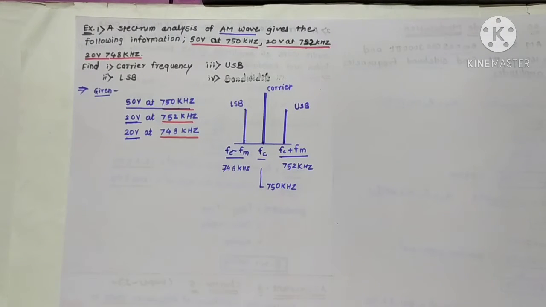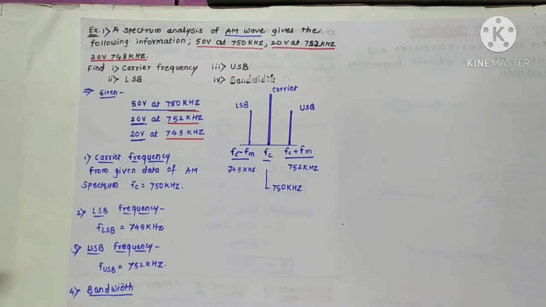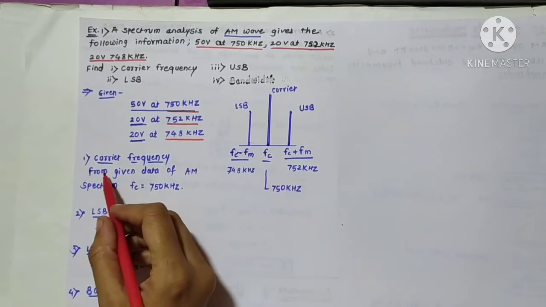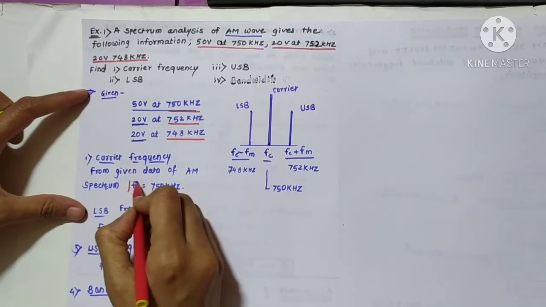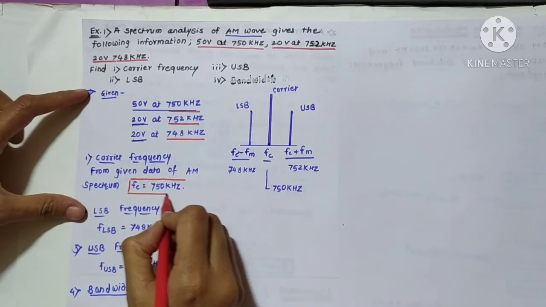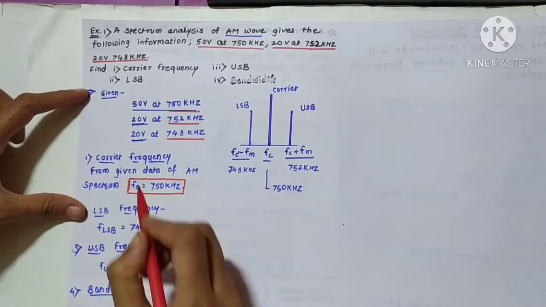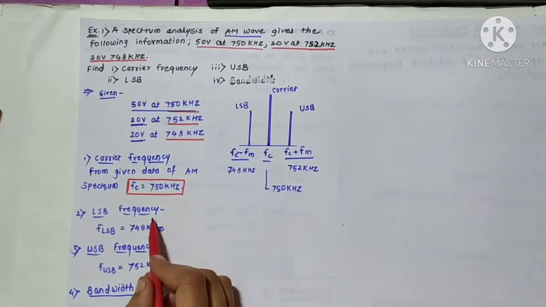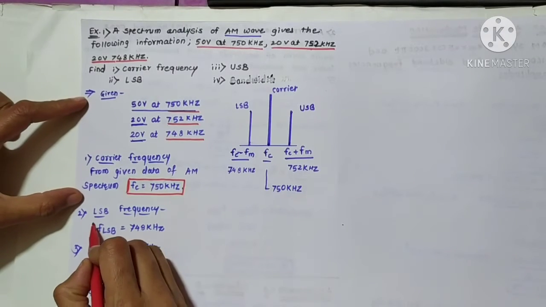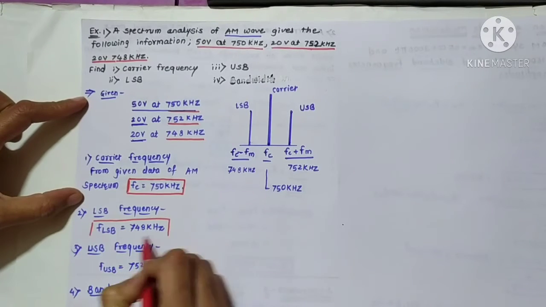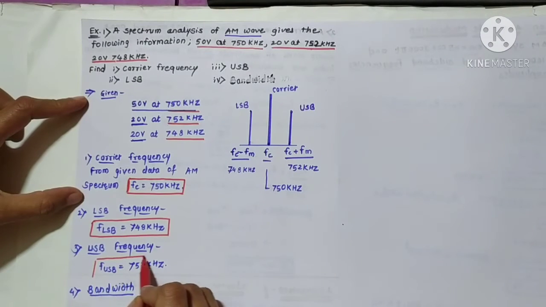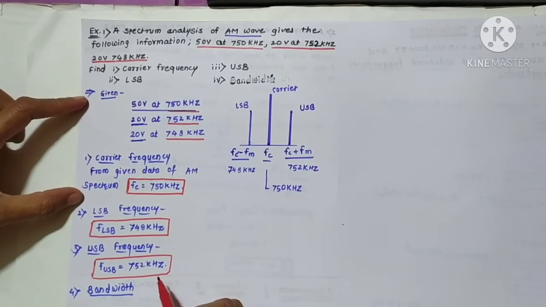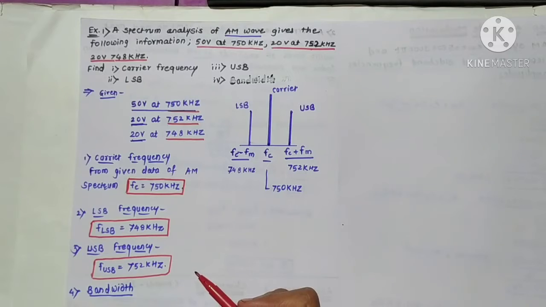Okay student, so we can write here, from the given data of the AM spectrum, the carrier frequency is about 750 kilohertz. Then the LSB frequency is 748 kilohertz and the frequency of the upper sideband is 752 kilohertz. Okay students, now